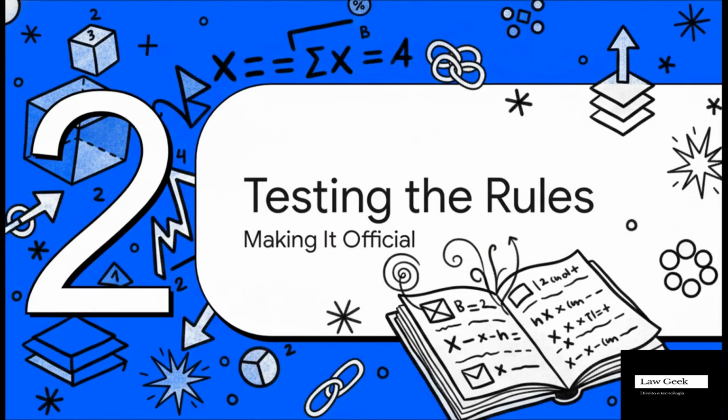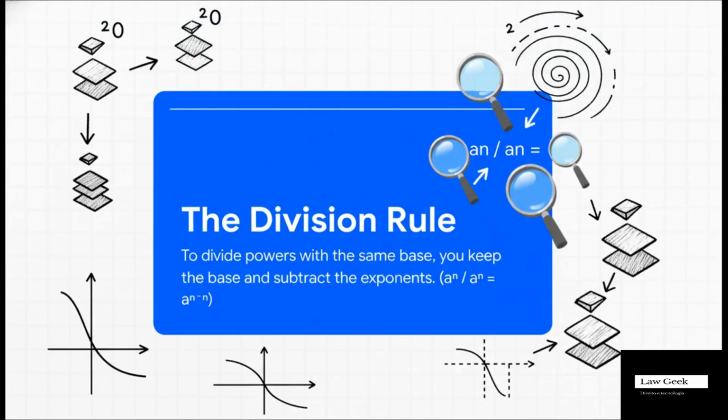All right, let's put our intuition to the test. Let's see if this holds up using a really core rule of exponents. So here it is, the division rule for exponents. This thing is like a cornerstone of algebra. And for math to work, for it to be consistent, rules like this have to work all the time. So let's see what happens when we use it on a number divided by itself.